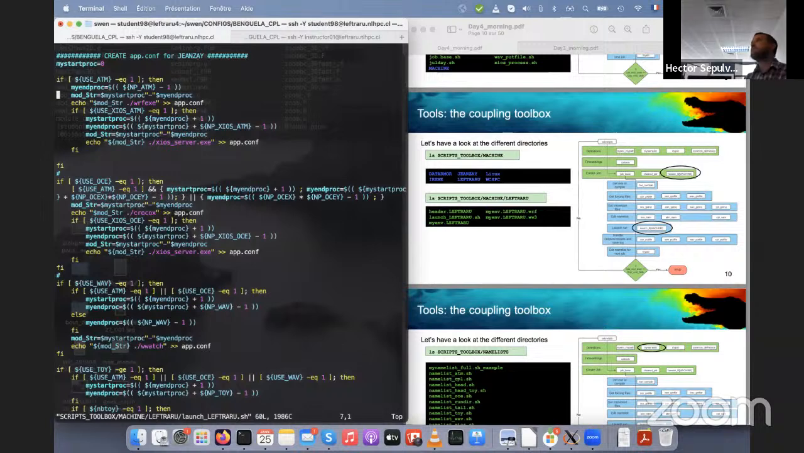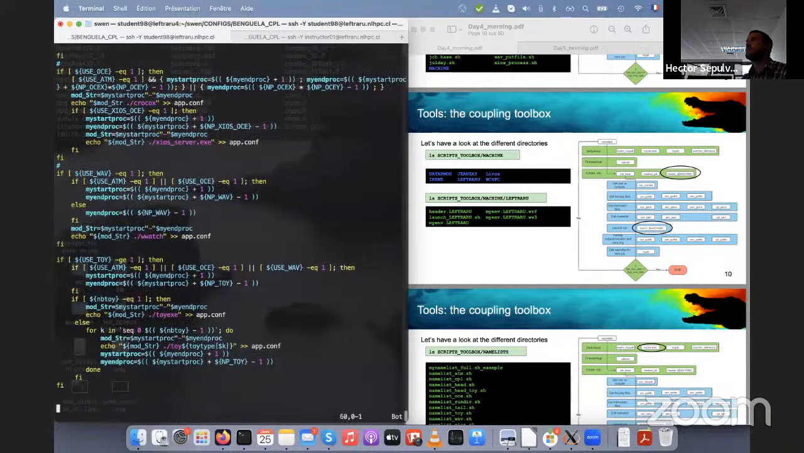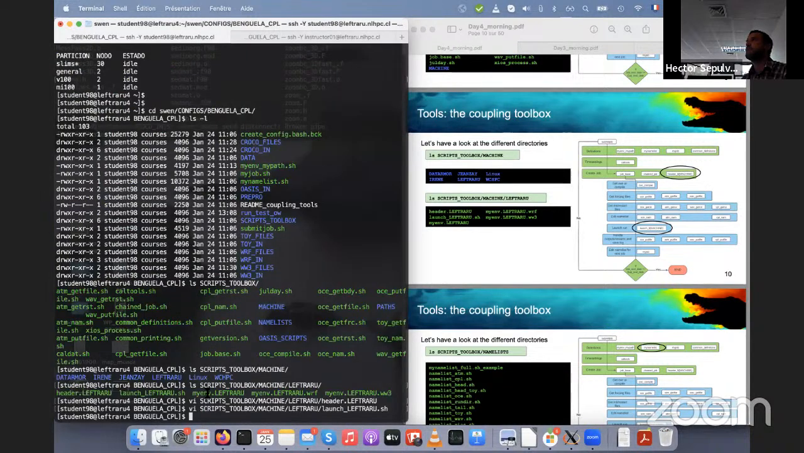Here you can see it's a bit more complicated, but it's helping create the app.conf file that we did yesterday, depending on the number of CPUs you will allocate for each model. So it's a script that will help you build how to launch the simulation. And finally, there are the my-aunt things, which is where you can put the modules that you will use